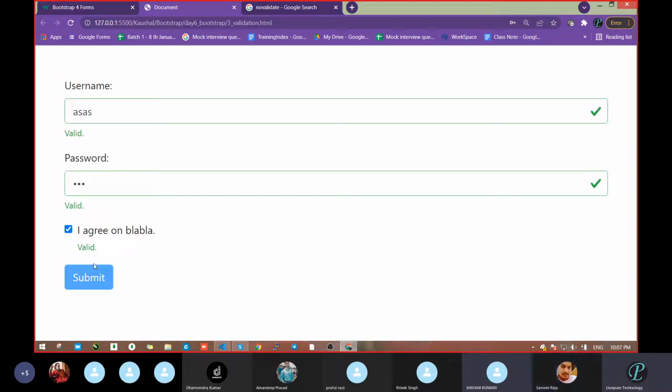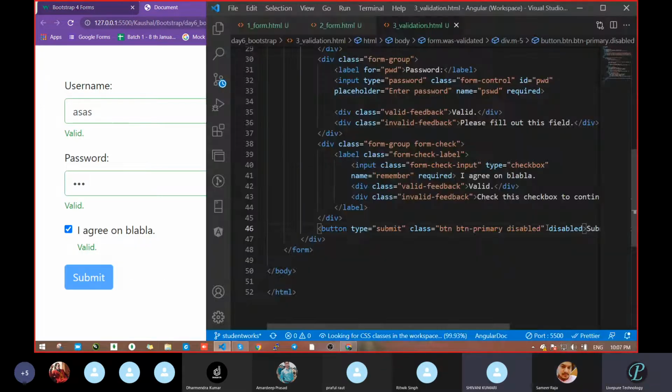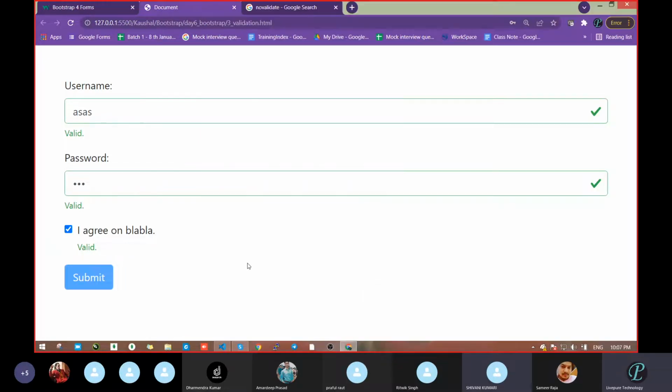Once all is valid, my button has to enable, correct? Yes. I hardcoded this disabled, so it will not get enabled, because for that we have to go through JavaScript or jQuery. But this was the condition.